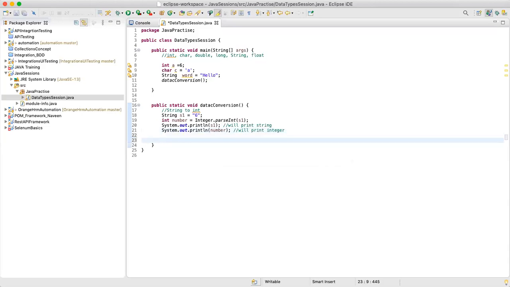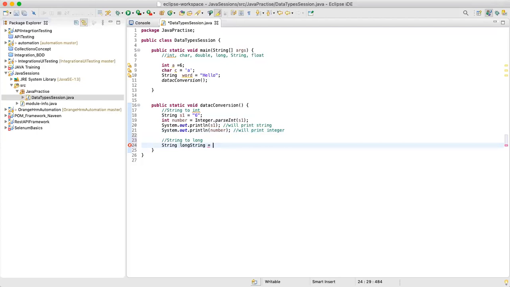Now, in the same way, we can go for string to long. I won't show all the methods, but let's see one, string to long. So for string to long, I'll say, hey, I have one string and this is a long string. Guys, also please keep an eye on the variable. I'm not using good variable names like s1 and s2, but since we are not focused on how to name a variable in a class, we are focused on the actual data conversion, so I'm using any variable name.